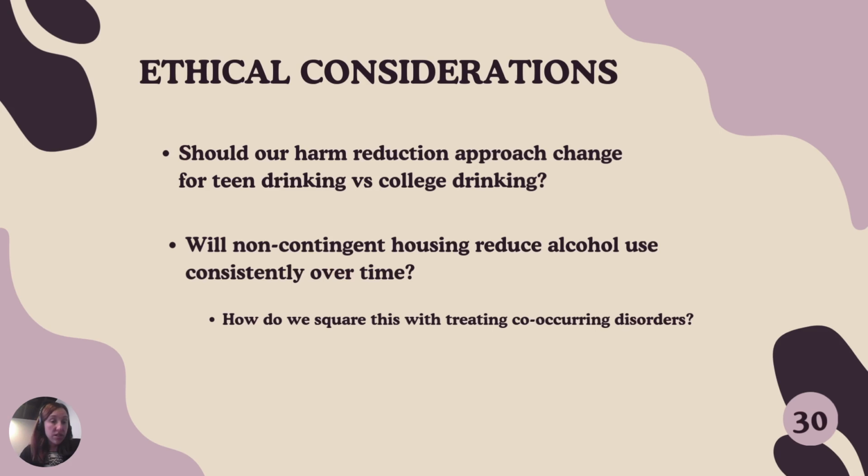Will non-contingent housing reduce alcohol use consistently over time? How do we square this with treating the mental health piece? How do we effectively treat a client's mental health issue if they have a co-occurring mental health and substance abuse disorder? How do we effectively treat the mental health piece if we can't significantly reduce the substance use? And how do we ethically study this population also? There's a lot of different questions around